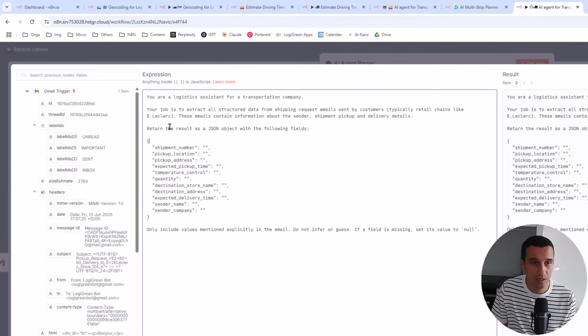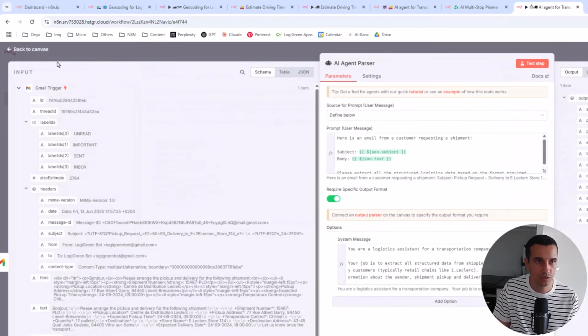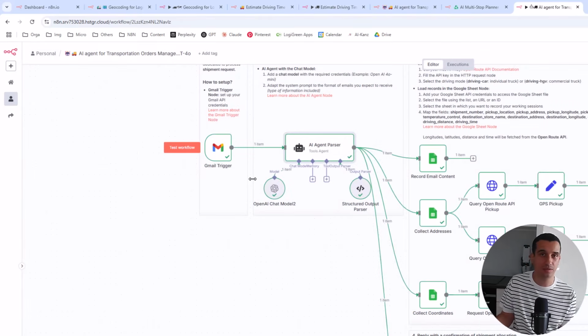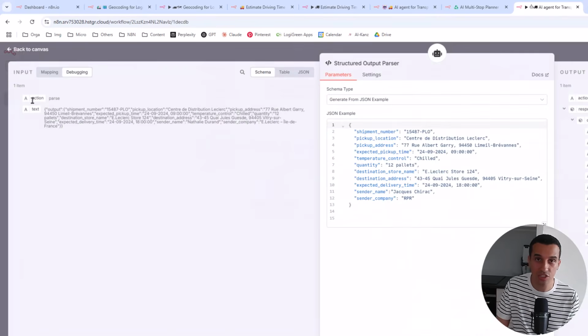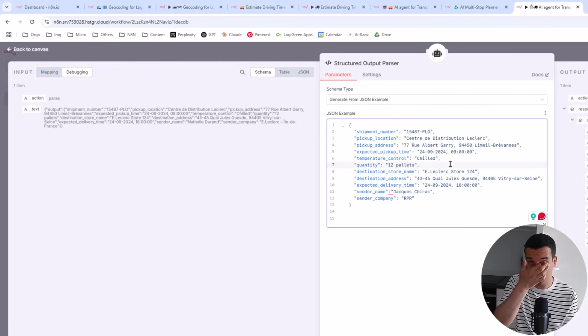Here, you don't need to change anything except if you add additional information in the email. So if you expect the customer to provide the reason or additional information that is not inside the email, this is where you need to change. And of course, if you change something in the system prompt, don't forget to change it here in the structured output